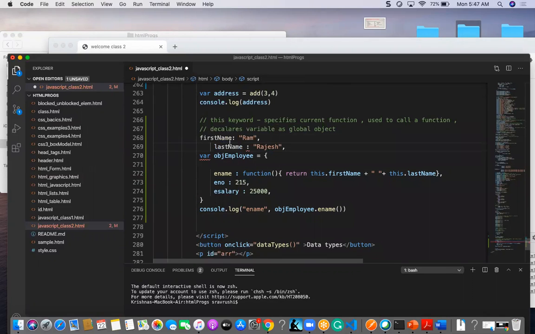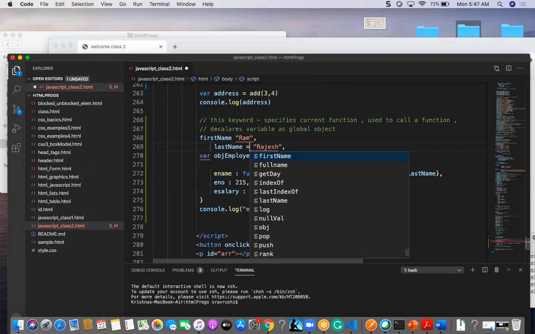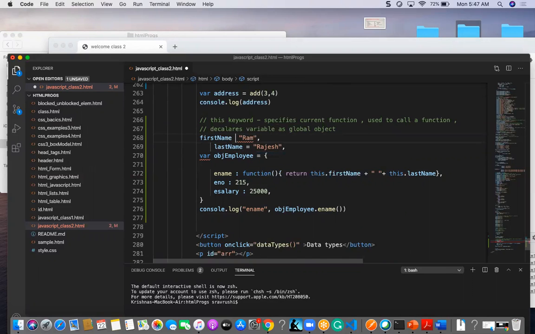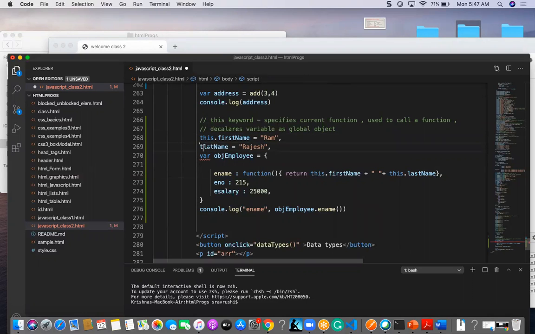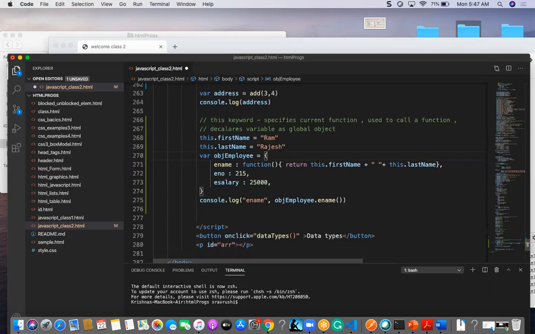In general, how you will put is like you will put some where is equal to like this here. But this function I am going to mention here, this dot first name and this dot last name, and I want to enable this one here.